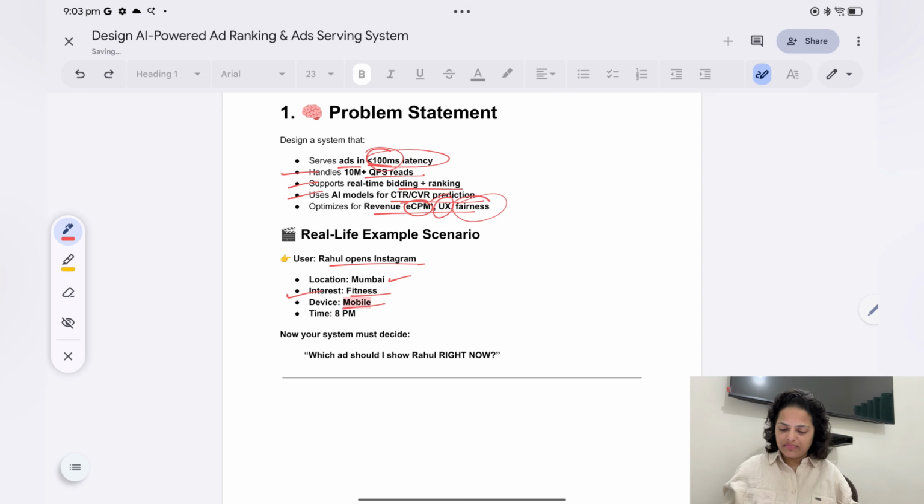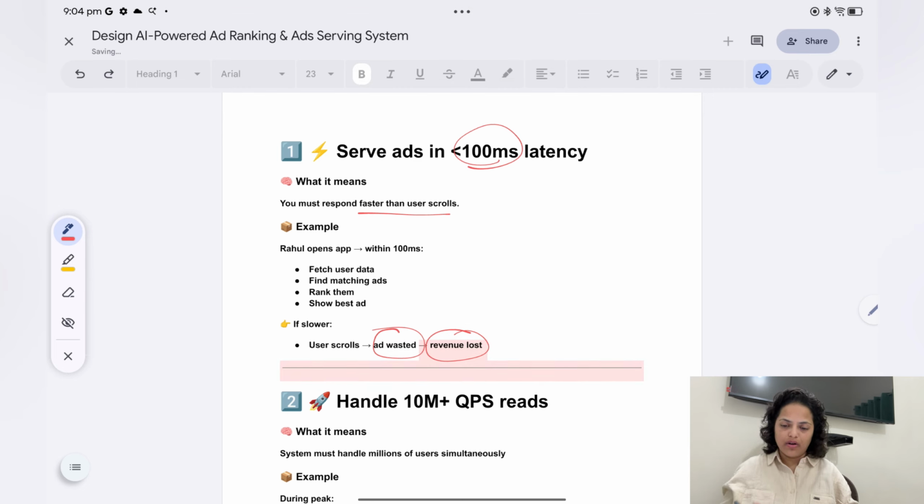So serve ads in less than 100 millisecond latency. Latency is very important here. What it means is you must respond faster than the user scrolls, right? If the user is scrolling, then the advertisement will be wasted and revenue will be lost. You will not get any revenue from the service. So Rahul opens the app, and within 100 millisecond